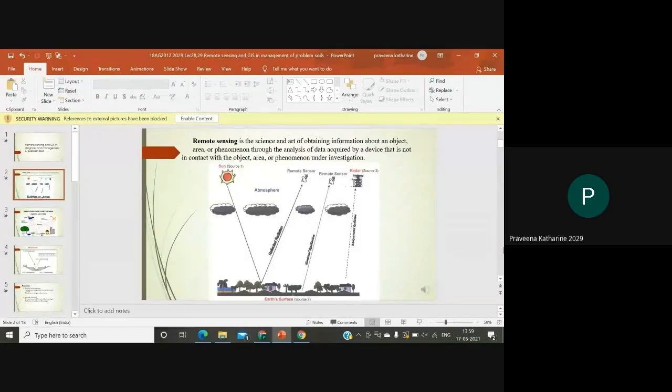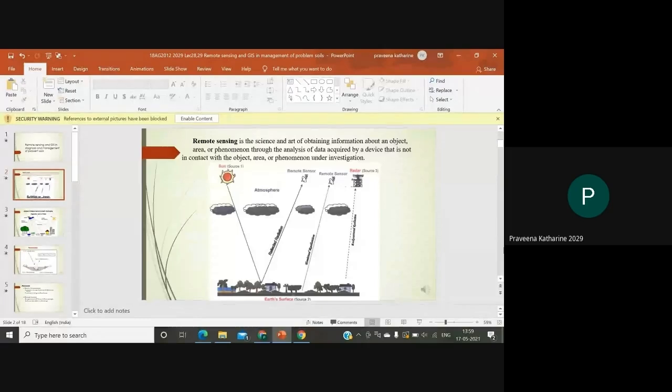The object is not in contact with the device. That is, the device which is used to get the information is not in contact with the object of your interest. It may be either an object or an area or a phenomenon. It may be anything. You want to know about anything that is present. You want to find out something on the earth,